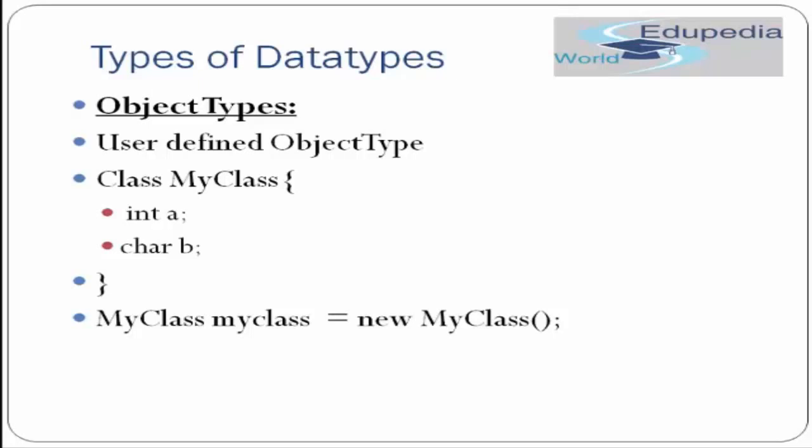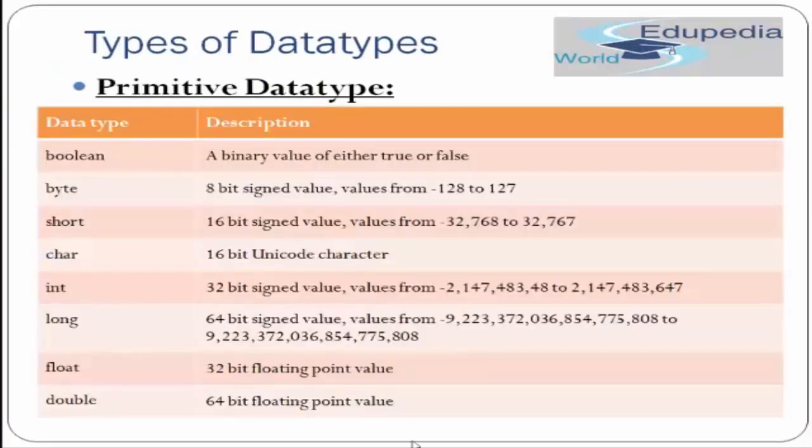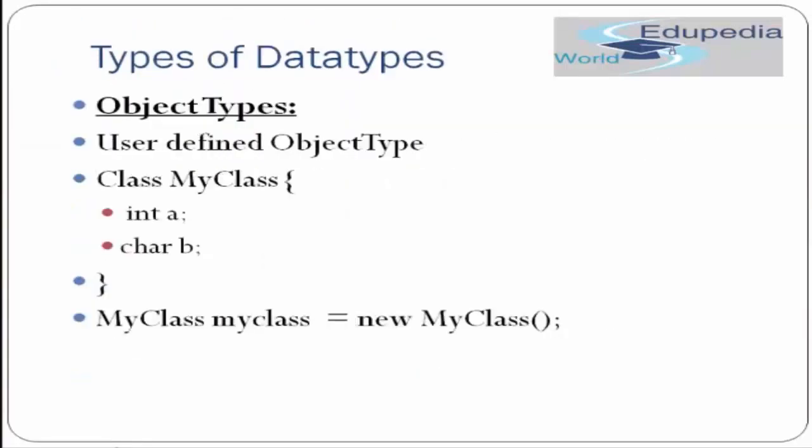And what is the size of memory? Well, that is determined by the data members that MyClass has. It has two data members, one of type int and another of type char. So let's see what memory is allocated to this object. Let's go back to the primitive data types. You can see int takes up 32 bits, plus char takes up 16 bits. So in total 48 bits of memory are allocated to this class variable, myClass. I hope it's clear how memory is allocated to a user-defined class.